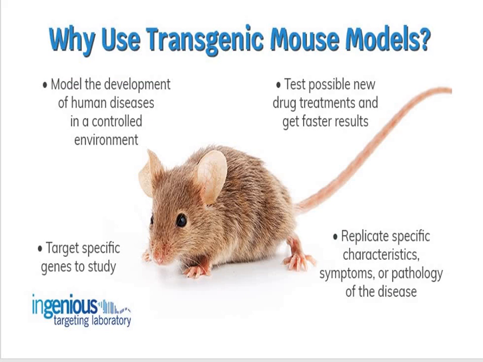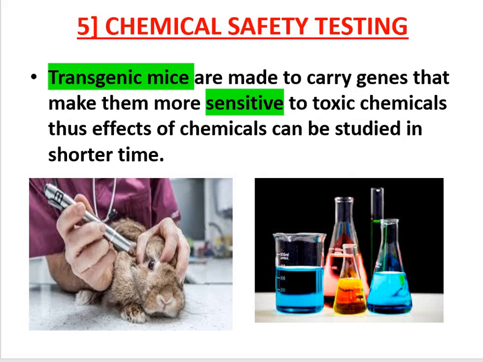So you can see that transgenic mice can be used as a model for development of human disease in a controlled environment, test for new drugs, etc. A similar example, we will see how it can be used for checking chemical safety. You know that certain chemicals can be very dangerous even in very small quantities. Now, how do we test the safety of these chemicals which are used in a wide number of industries, in research work, etc.? Now, many of these chemicals may not show the conditions of